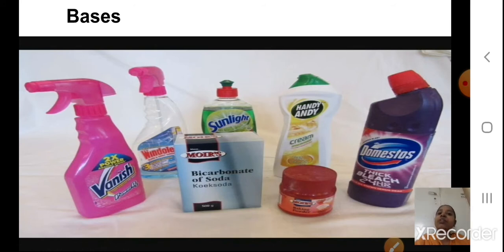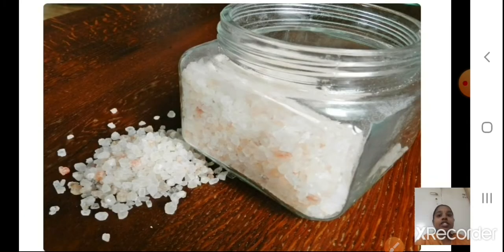Now the 3 mineral acids, if you remember, I told you to remember last year also: HCl, H2SO4 and HNO3. While for bases, NaOH and KOH, these are all our bases. And I have told you how we use a litmus paper to differentiate acids and bases. Now these are the salts which we use at home. The main salt you use every day is NaCl. You use it every day in our food to give the taste.